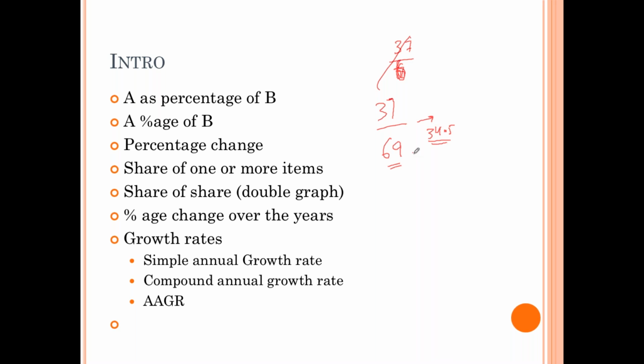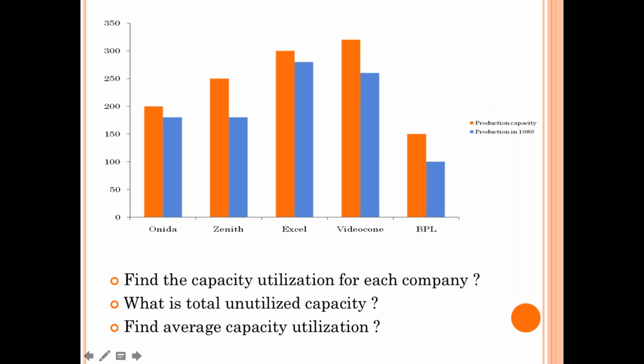So are you getting it? Half of 69 is 34.5. So you can say this is 50% plus how much are we left with? 3.5 upon 69. This can be very well approximated, so the answer is 53. Right? There are a number of ways we can do that. So, okay, done with the percentage change.